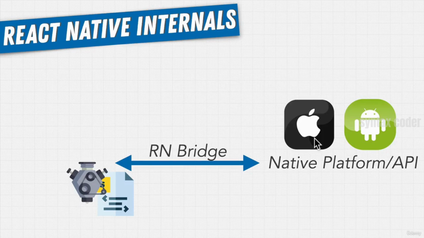So this idea of a bridge is actually a very common pattern in programming. It's called the message broker pattern. And it's a way for us to communicate when we're using two different languages. For example, if we want to communicate between Python and JavaScript, we would use the message broker pattern. In this case, our JavaScript, or the JavaScript thread, uses JSON, a format, to message this React Native bridge. And then this bridge translates whatever that action is into, again, another format that translates to the native thread of the